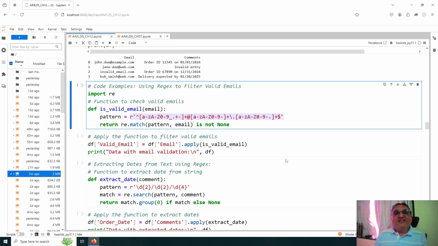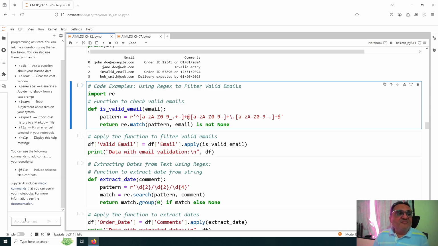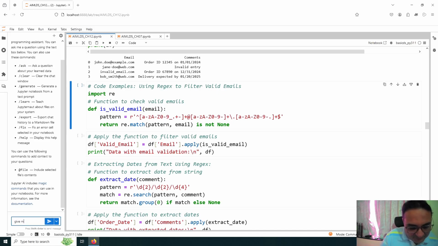Because you can just search on Google. We have done that in an earlier chapter. I think we did it in maybe the third or fourth chapter, that we can search on Google and find a valid email pattern, or we can ask an AI assistant like ChatGPT what the valid email ID is. For example, give me the regular expression